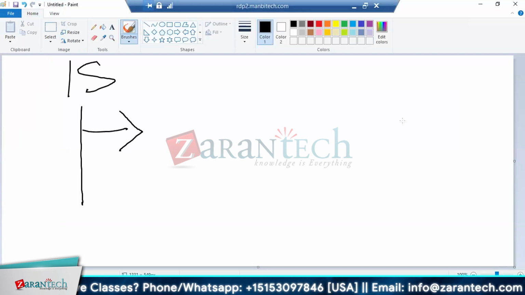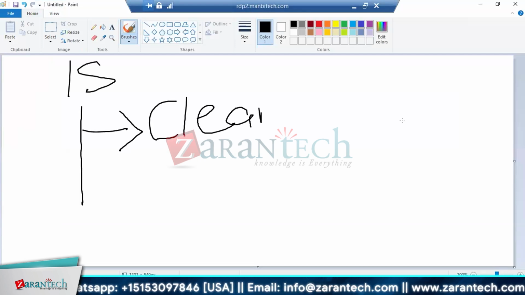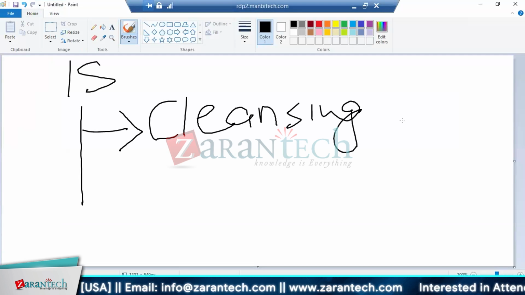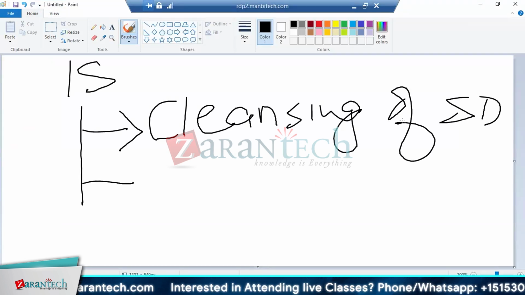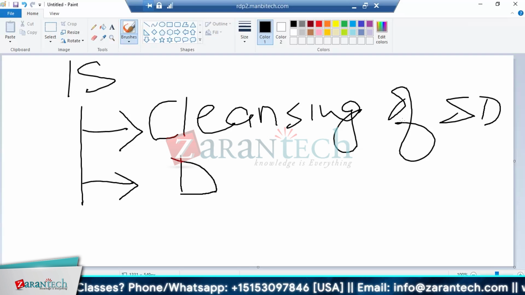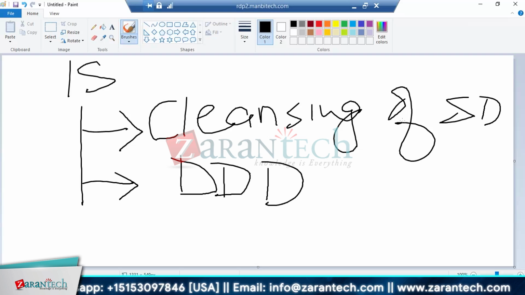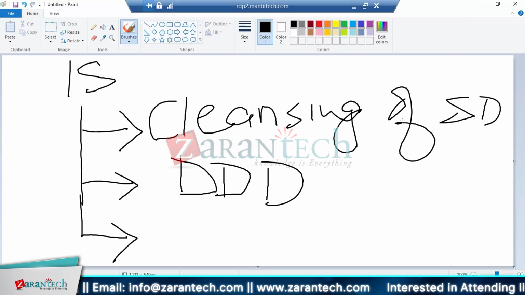How does Information Steward help me? I told you this can help me in cleansing of source data. Second, it can help me in the creation of extra DDDs. For example, you are showing your client, hey, 700 materials are marked for deletion. He can tell you, okay, in his extraction criteria, he will mention, do not migrate any material that is marked for deletion. It can help you to come to the XREFs,